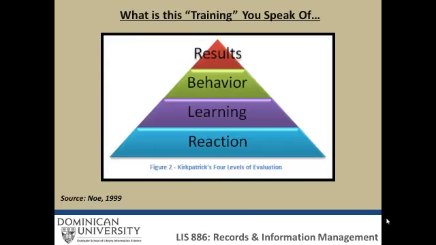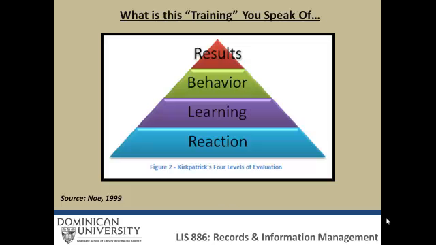In yet another theory, Kirkpatrick, known around the training and development circle as the father of training, described 4 levels of evaluating the success of a training program. Reaction, or the base of the pyramid, measures how those who participate in training programs react to the session. This is also known as customer satisfaction. Examples of reaction evaluation include post-workshop evaluations and other such items. In the RIM space, this would be checking to see how the learner liked or reacted to the session. Those evaluations that you give them are sometimes called smile sheets because you want them to be happy when they